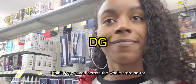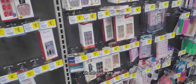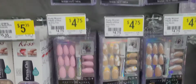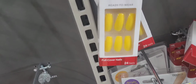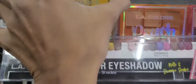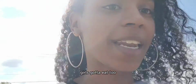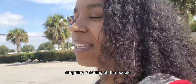I think I walked across the whole store so far and just can't seem to find nail supplies. Oh, here we are. Oh, these are pretty. But not what I'm looking for. Ooh. That'll work. All done with that. Use my groceries. Girls gotta eat too. I think the most fun thing about last minute Halloween shopping is seeing all the people